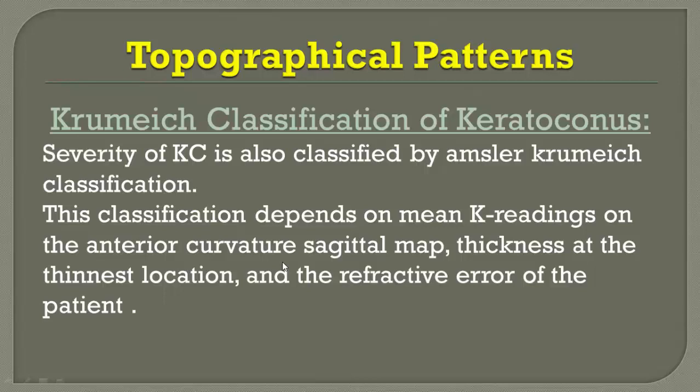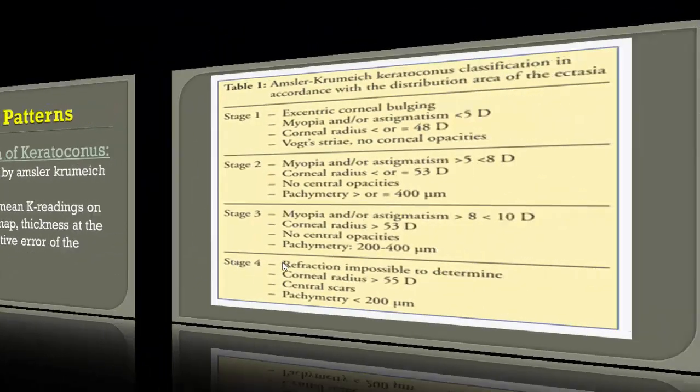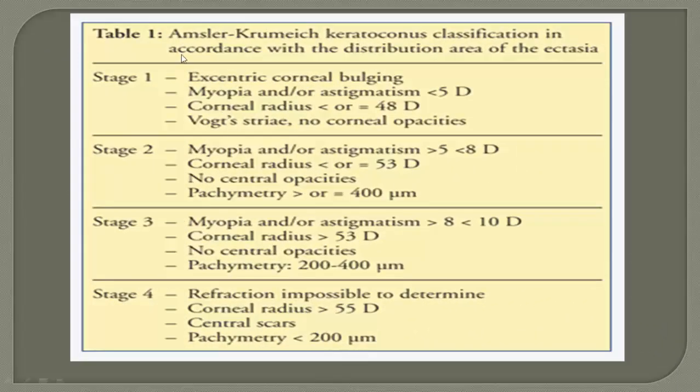Topographical patterns. These are classifications which depend on the topographical pattern. The most important one of them is called the Amsler-Krumeich classification of keratoconus, which depends on the severity of keratoconus. This classification depends on mean keratometry readings on the anterior curvature sagittal map, thickness at the thinnest location, and refractive error observation. In this table, we can see that keratoconus is classified into 4 stages: stage 1, 2, 3, and 4, where every stage includes the size and shape of the cone, the degree of refractive error, and the presence